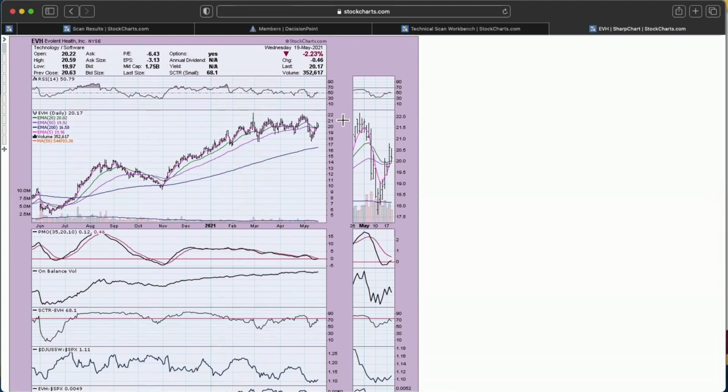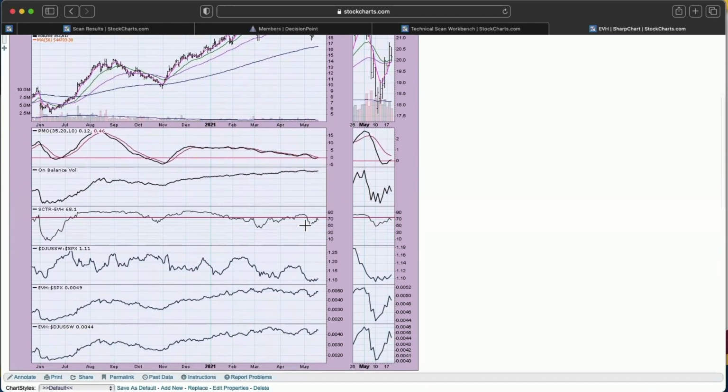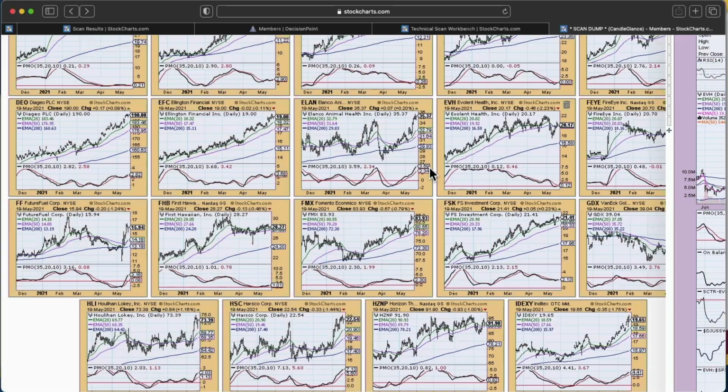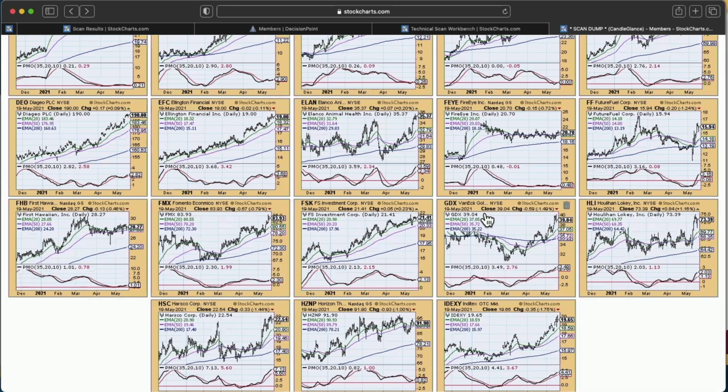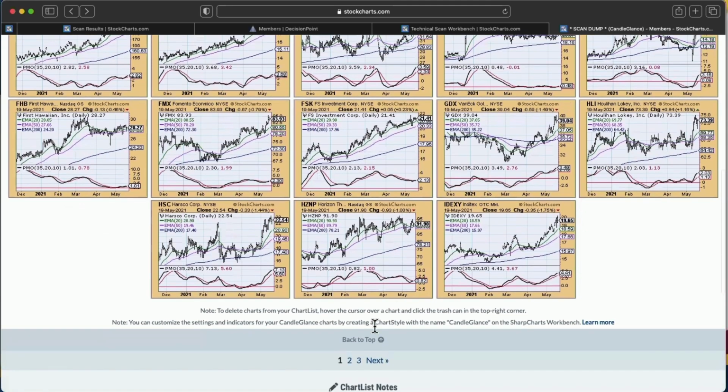But I also know that software and technology right now, with the market being toppy, growth and technology, a lot of those stocks aren't doing so hot. They're not really the place to be right now. So I can come down though and double check relative performance. And I can see that the software industry group is starting to get a little bit of outperformance, but not quite. So again, now that I know that's not one that I want, I can just click on the delete. So for me, the quick way to go through my scans is to just set up my candle glance,